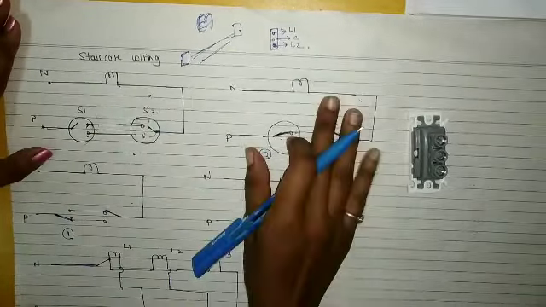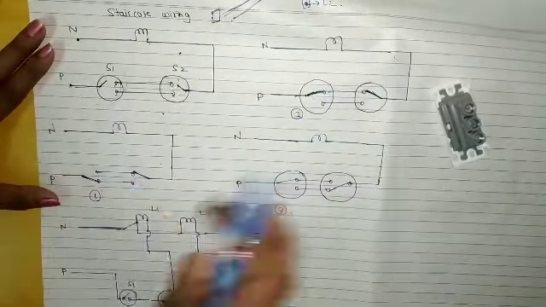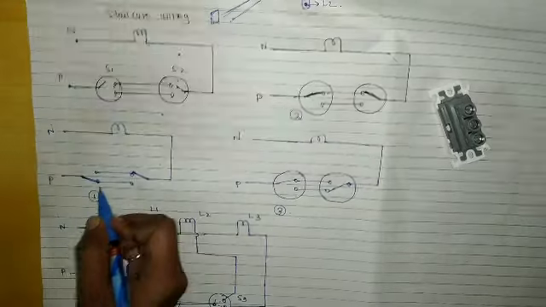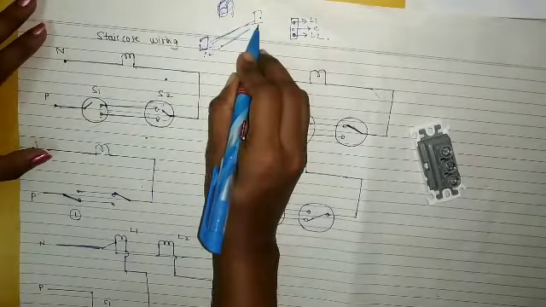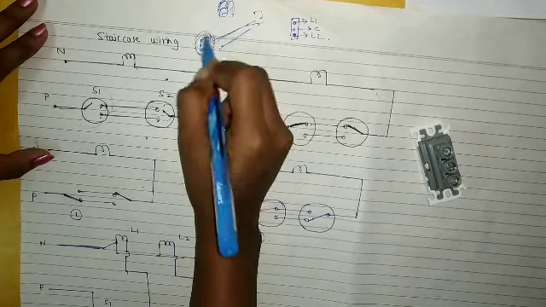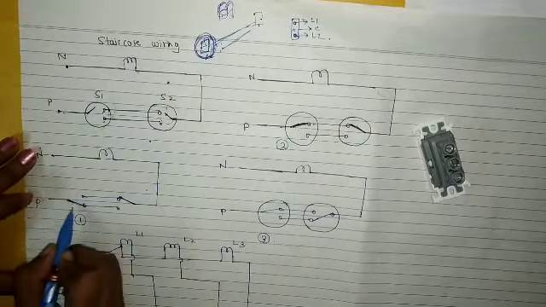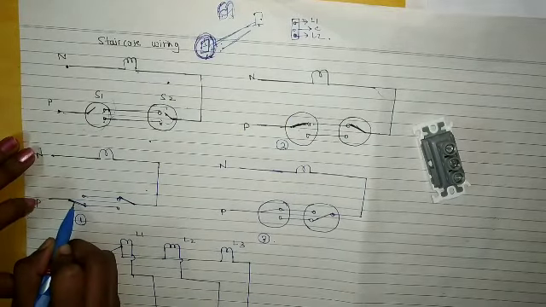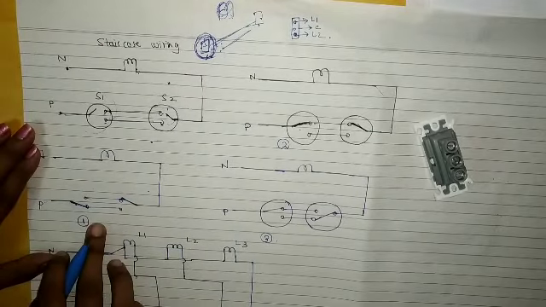Now we'll see the working, how it works. So now consider you are standing here. Okay, you are standing here and you have to go upstairs, and you have to blow this light from this position. Okay, so you are downstairs here. Then what you will do, you will turn on this switch. So now first of all tell me, this bulb will glow or not in this condition.